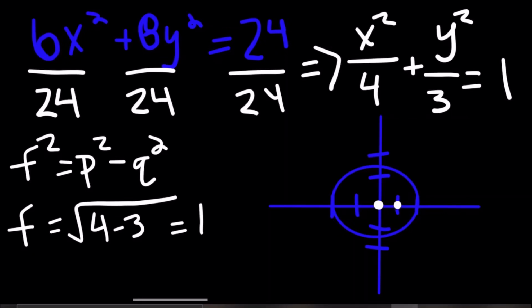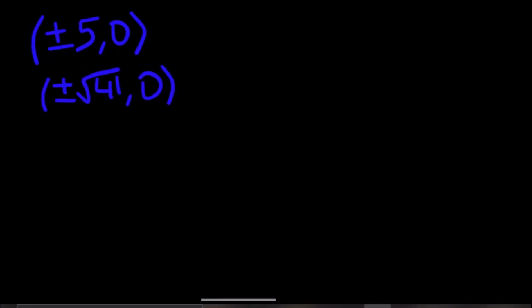Now, what we can do is that you have to divide everything by 24 in order for the equation to be solvable. Here we have a different type of problem. This gives you the foci at positive or negative 5, 0, and the vertices at positive or negative square root